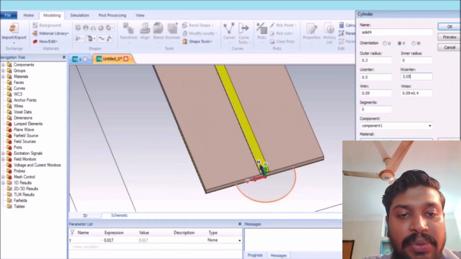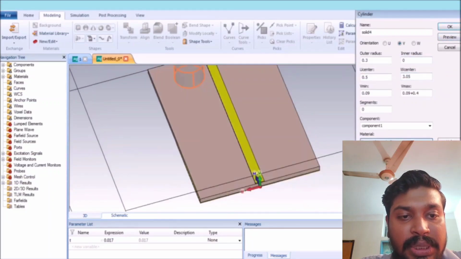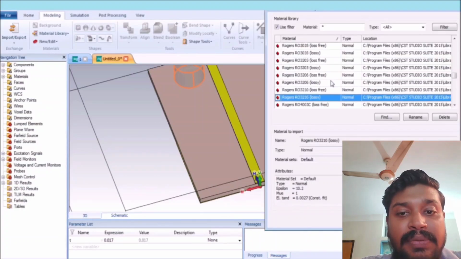The material is Rogers, I think it is 5880, let me find. 5880, with epsilon of 1.9. It's okay,